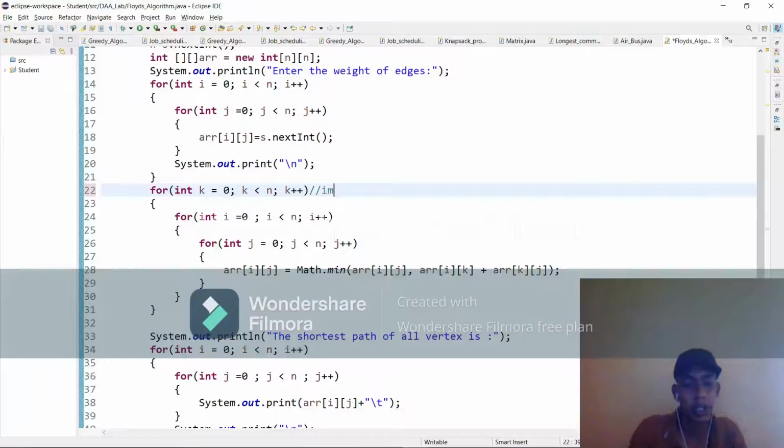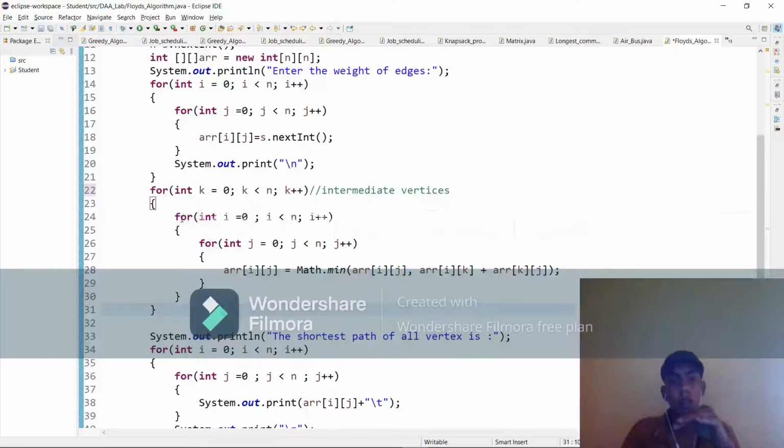This is for the intermediate vertices. For example, if you are given 4 vertices, it goes from 0, 1, 2, 3, so up to 4 intermediate vertices, and it will calculate for each intermediate vertex. That is the outer for loop.